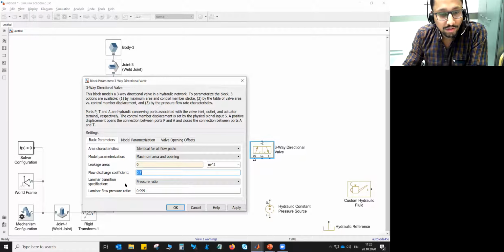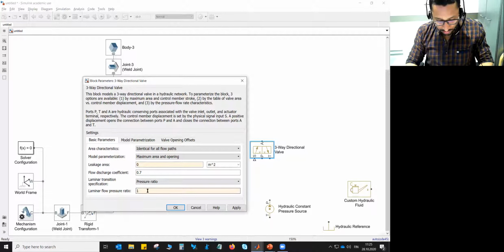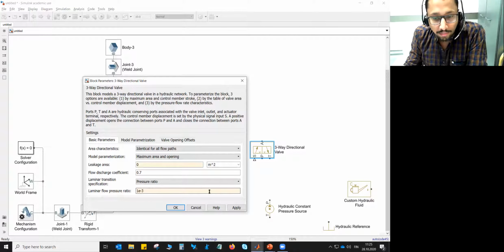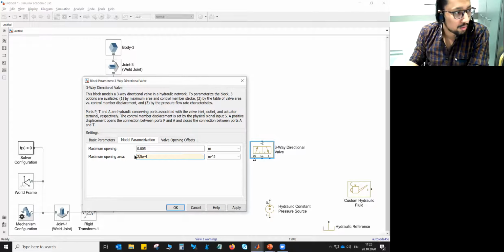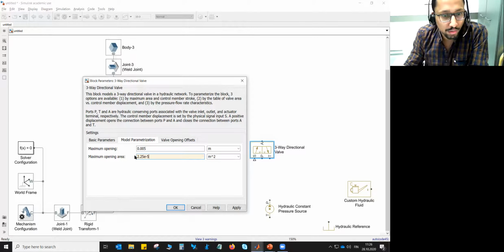The laminar transition specification should be based on ratio, and the laminar flow pressure ratio can be 1 into 10 to the power minus 3, 1e minus 3. Press apply, fine. Then under model parameterization, maximum opening can be as it is shown, which is 0.005 meter, and opening area can be, let's say, 2.25 into 10 to the power minus 5 meter square.